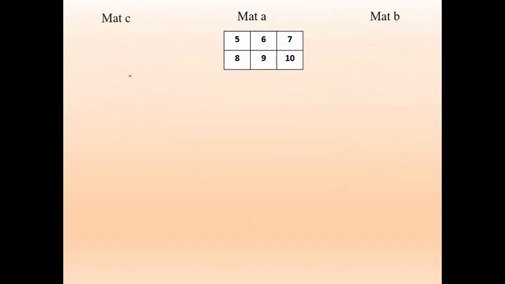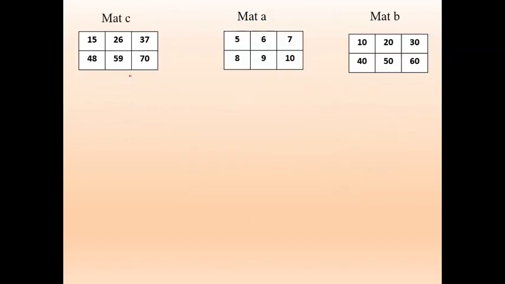Now you see the code. Matrix A, matrix B, matrix C. Before making the addition, what you need to do? You need to compare. If R1 equals R2, where R1 means the number of rows of matrix A and R2 means the number of rows of the second matrix, that is B, and the columns of the first matrix equal the columns of the second matrix. Both should be satisfied. If only one condition is satisfied, that is not sufficient. Both the rows and columns of the first matrix and second matrix should be the same. Even if one condition fails, we cannot perform matrix addition.